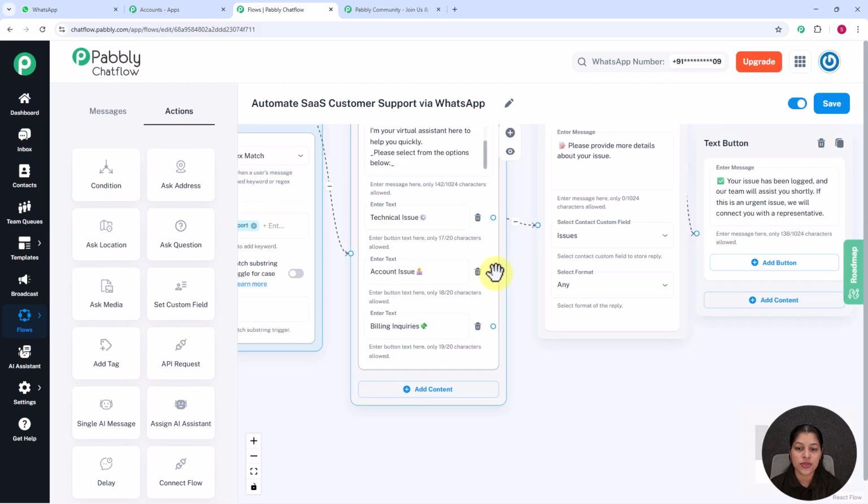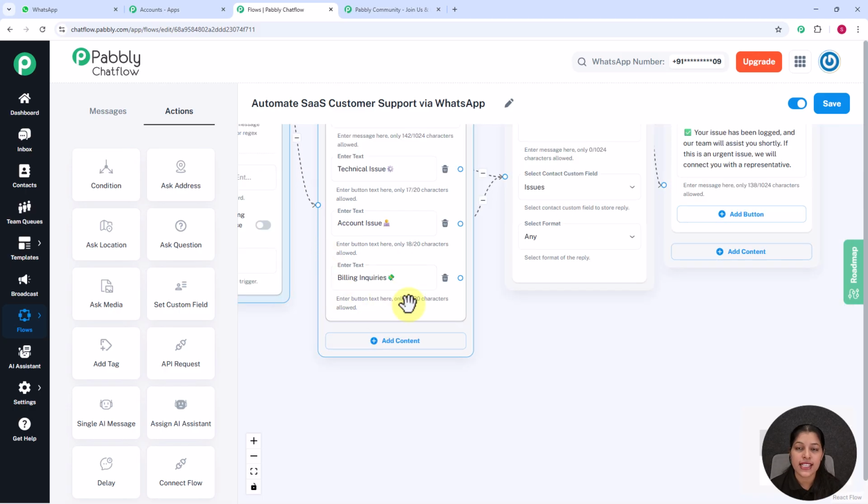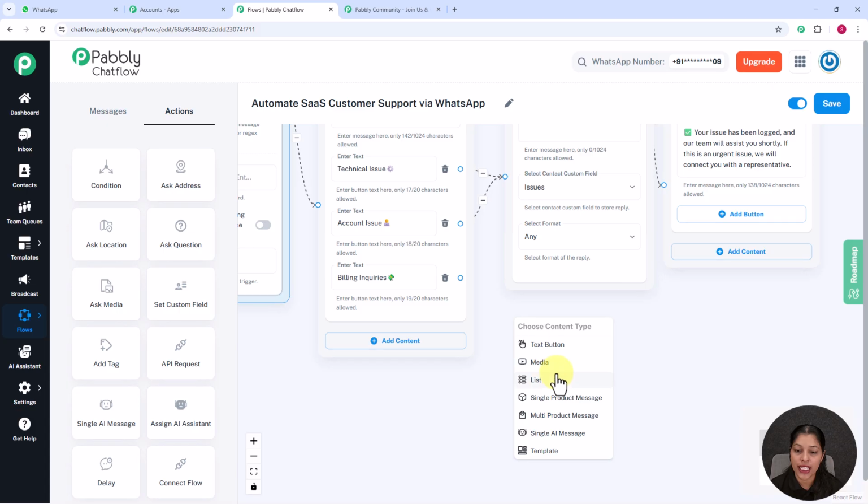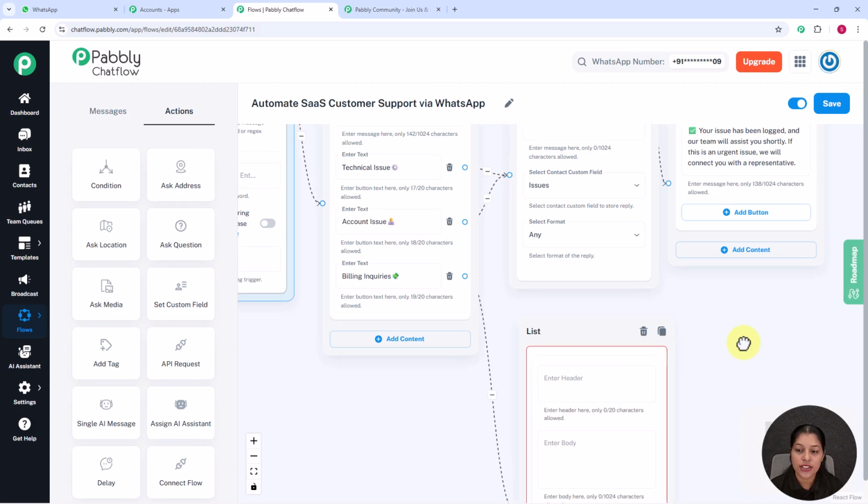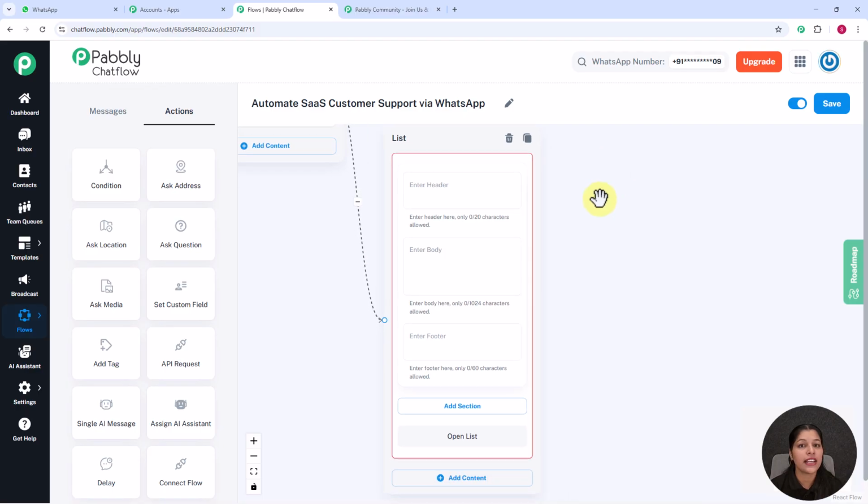Now I am going to connect this second button also with this question node, as I am going to ask for the details even for this issue. Now let's enhance our third button, that is billing inquiries. For that I am going to create a list message. So for that again you have to drag and drop, and here you can see we are getting the option for list. So just select it